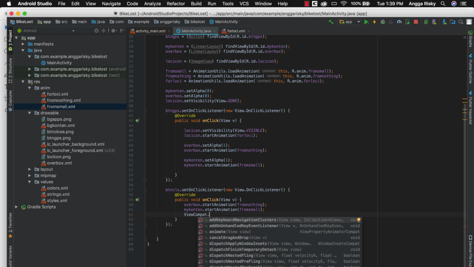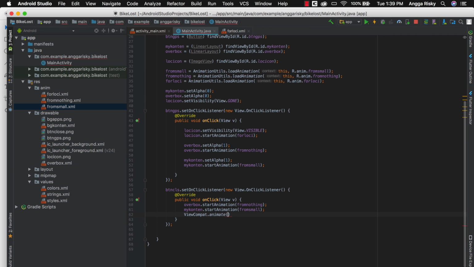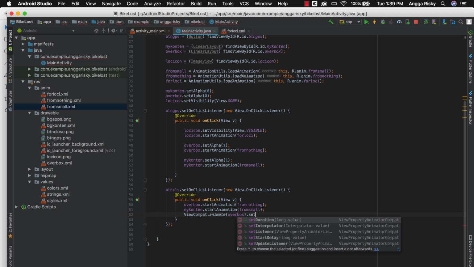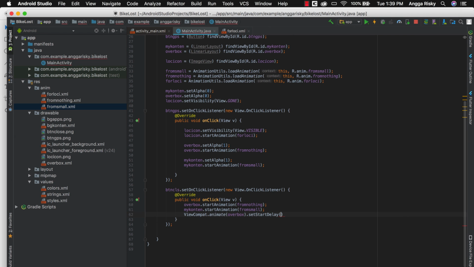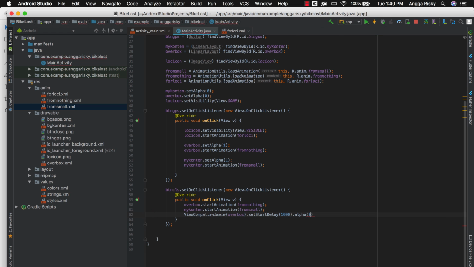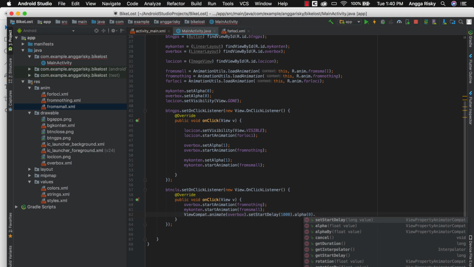Okay, and then here you have to use animate. So what to animate, what object is the overbox. Okay, and after that we have to set start delay after the animation, supposed to be 1000, and then alpha 0, and then after that we set start.